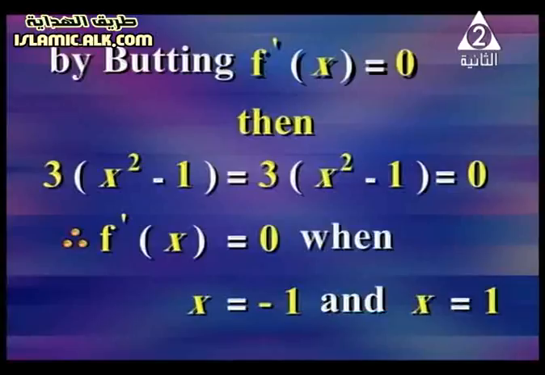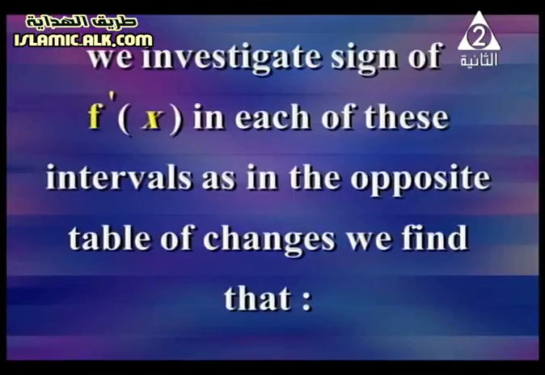Why? Because x power 2 minus 1 equals 0. We find the value of x: x power 2 equals 1, then x equals positive or negative square root of 1, equal to positive 1 and negative 1. Then the points which make f dash x equals 0 are x equals negative 1 and x equals 1. Look, dear student, we investigate the sign of f dash x in each of